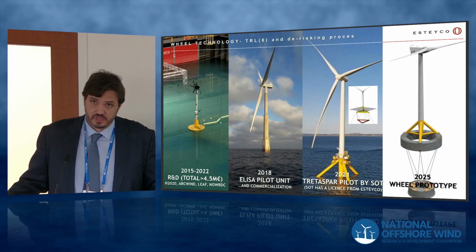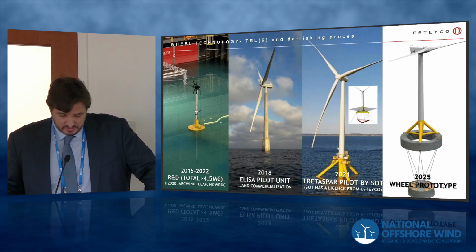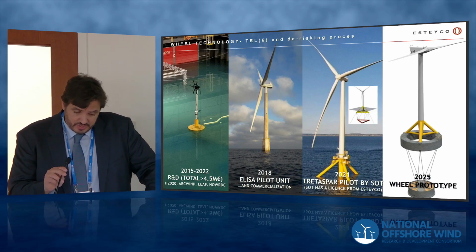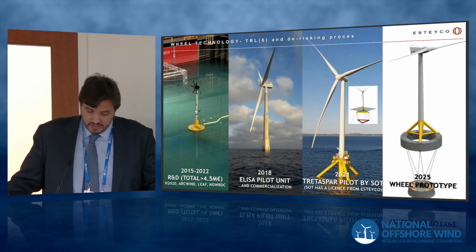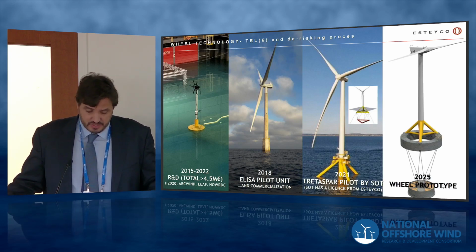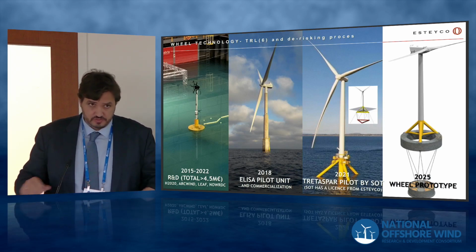It's Tetraspar. It's a different concept in terms of configuration. It's based on steel by Stiesel. He's a pioneer of wind, and we have a good relation. Our patent in this regard was previous, but we provided him with a license, and we are actually collaborating. And it's operating and performing quite well, although the process, it's true, the configuration, the process for installation is quite